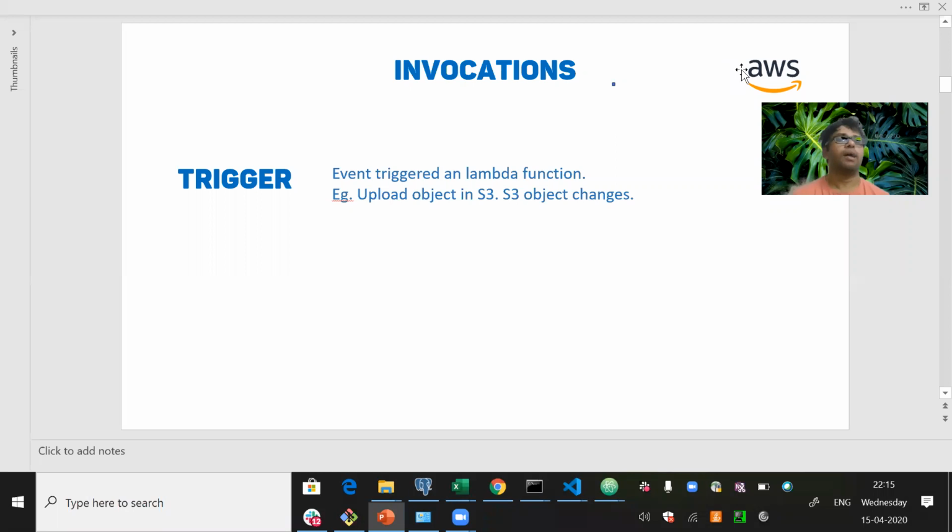In this video, I'm gonna talk about the different concepts in AWS. Primarily, in AWS Lambda, there are different options that are given by AWS Lambda. So we are gonna talk about those options. One of the main options given in AWS Lambda is that you can trigger your AWS Lambda